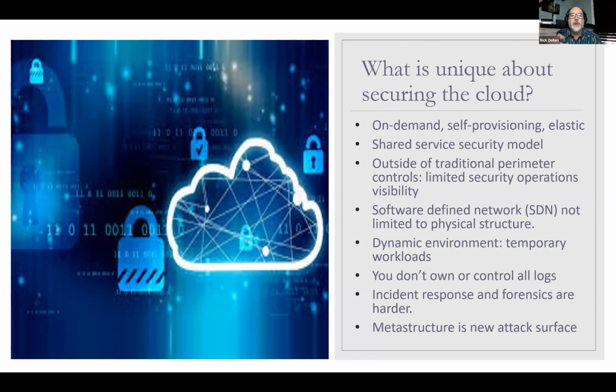So that's one element when you're trying to get telemetry, which is going to be my theme of this talk: how do you get telemetry to know what's really going on so that you can respond to it? Because incident response is very different, and forensics is very different. You don't just run EnCase to do an acquisition of a box when it comes out of trust. Isolating it will be done in different ways than you've done before on endpoints. And I'll talk a little bit more about that later.